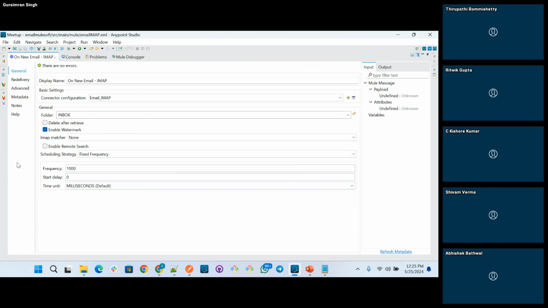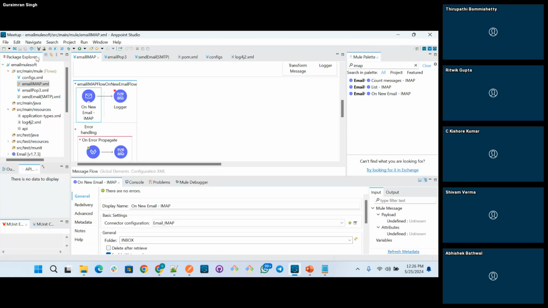Okay, so that's not the case, but basically I want to know this watermark thing which you will be using, which connector in MuleSoft enables this? Basically, it's using another connector internally under the hood. Can anyone tell what it's using? Object store. Yeah, correct, that's what I wanted to hear. So this watermark property is internally using a persistent object store, which is present by default while defining this connector.